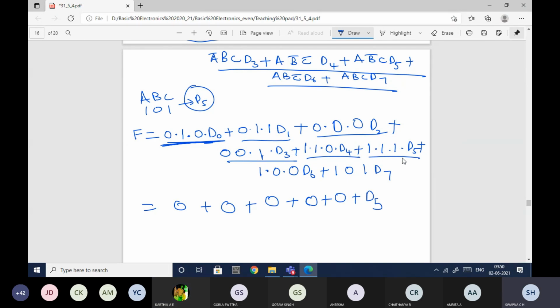AND operation, not OR. AND operation with any variable will be itself. Plus this one 0, last one 0. So what is the F value now? D5. As we assumed the ABC value is 101, I have told you that we need to get D5. Are we getting D5 or not?